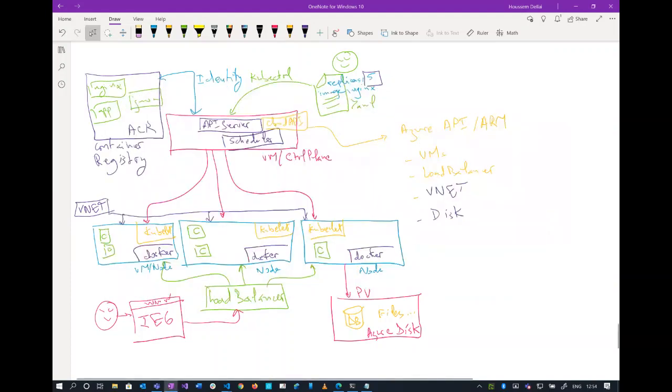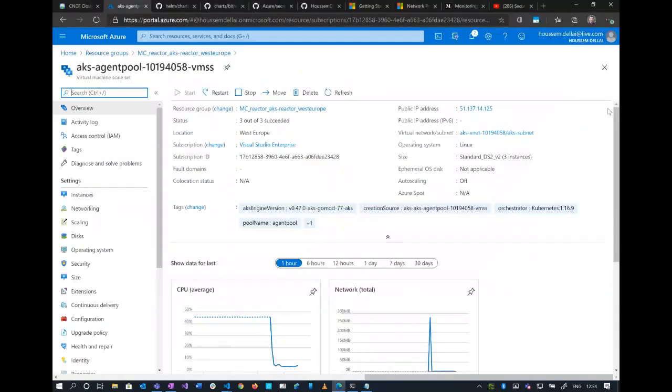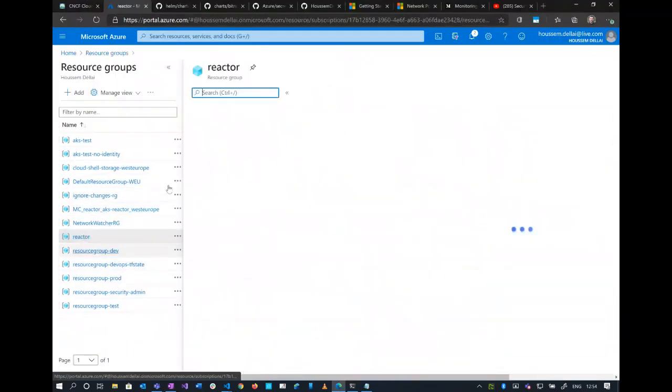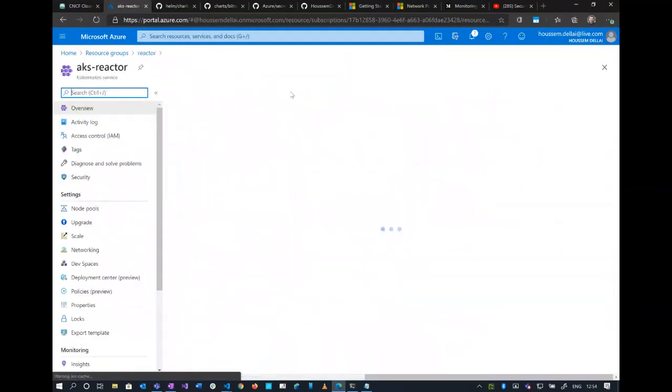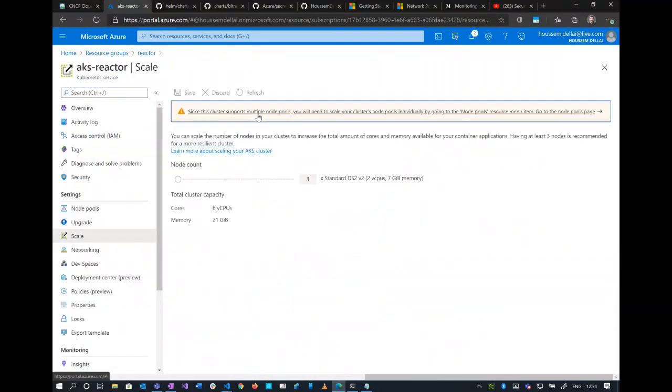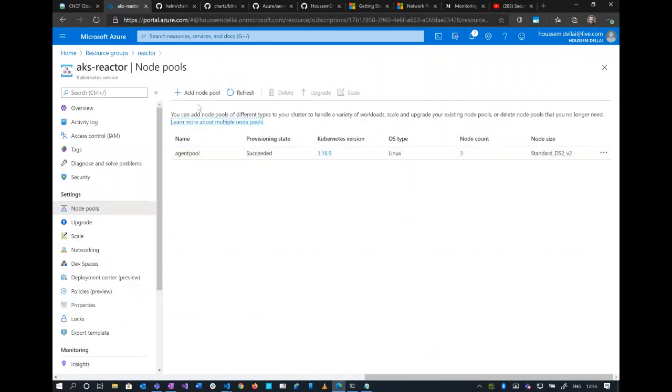Another question: what happens when we remove the nodes after creating a cluster? Yeah, that's a nice question. We started by creating the cluster with 3 nodes, but you can add or remove nodes as you want. From the Azure portal, I didn't show you that, but you can go to your cluster, and from the scale window right here, click on this link, and from here you can check your agent pool, click on these 3 dots and go